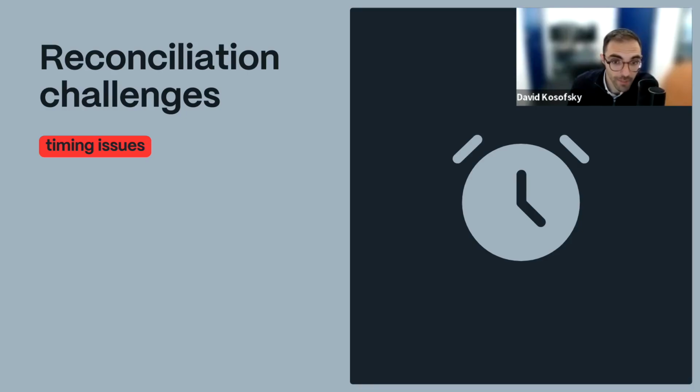Second issue I want to touch on is timing differences. So when a finance team is dealing with a bunch of different data sources, invariably we're going to have timing issues. Let's think of an example. For example, let's think of an online retailer who has an ERP system that records transaction sales down to the second. And they're trying to reconcile with payment provider data that captures the same transaction a few seconds later. And let's say sometimes that gap is not consistent. Sometimes the payment provider will capture the transaction 2 seconds after the ERP does, or 5 seconds, or 8 seconds.